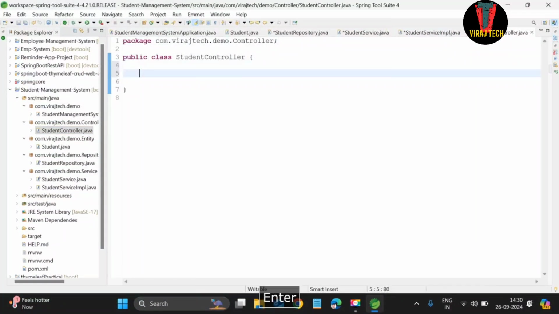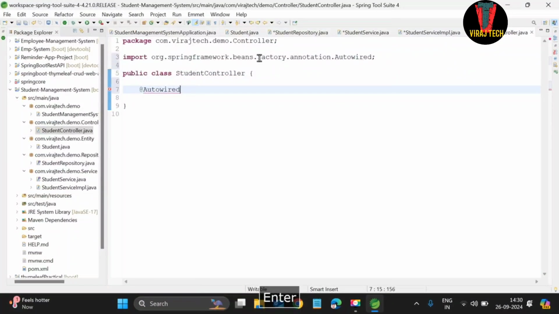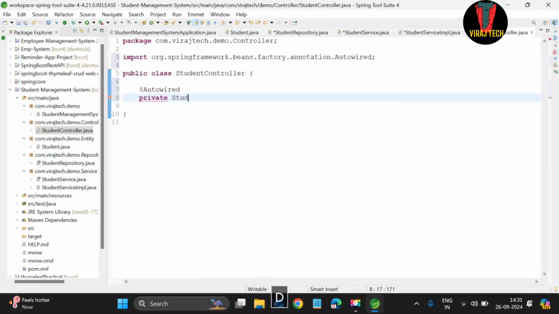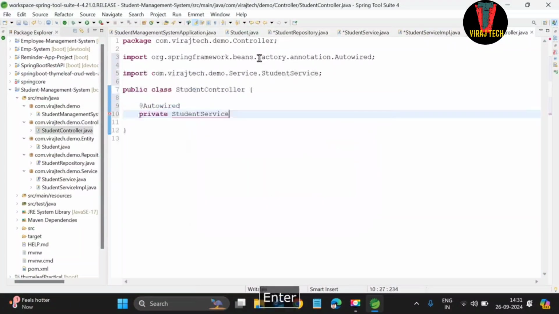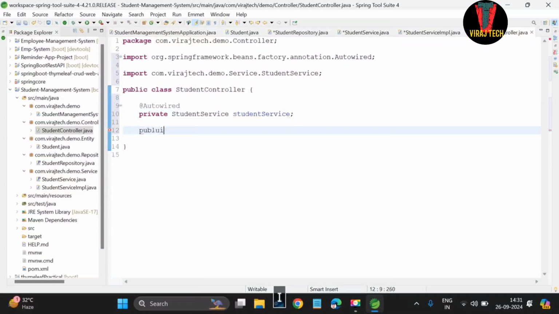Inside that we are going to use @Autowired. Press Ctrl+Space, Enter to import this Autowired, and inside that private StudentService and public